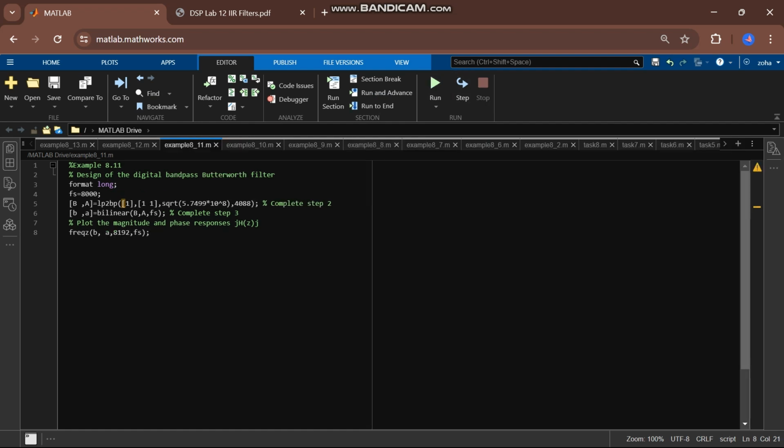In the next task, we are designing a digital bandpass Butterworth filter. For a bandpass Butterworth filter, we always take order 1 as our prototype, because if we take order 2 as a prototype, then we will get order 4 as an output. So here we have taken the low pass to band pass transformation. This shows omega naught, and here is the bandwidth omega. The output is